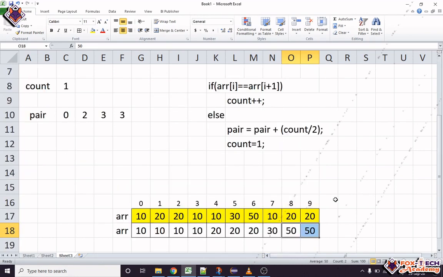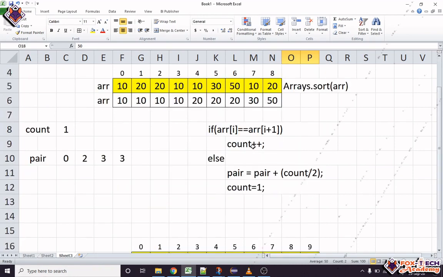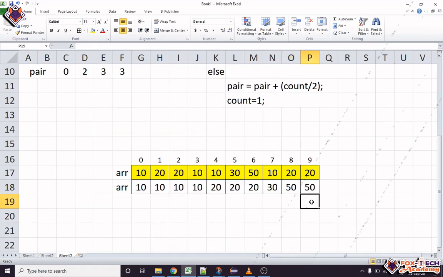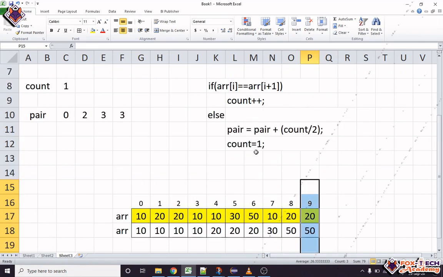Yeah, it is true, so it will go and increment count, right. After incrementing count, next time we are not going to run the loop, because we reach the last condition, so this will not run.